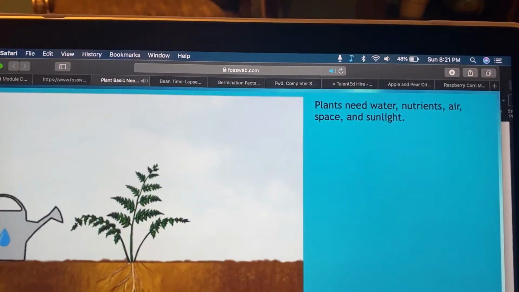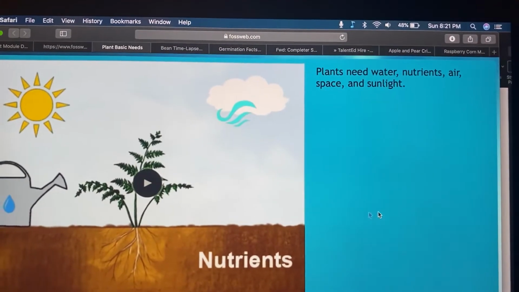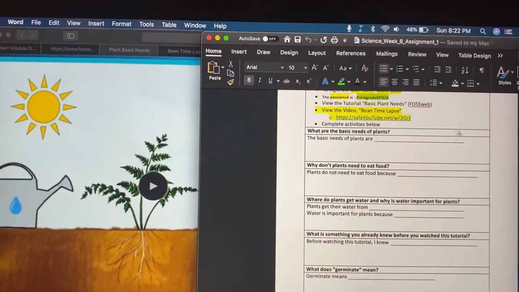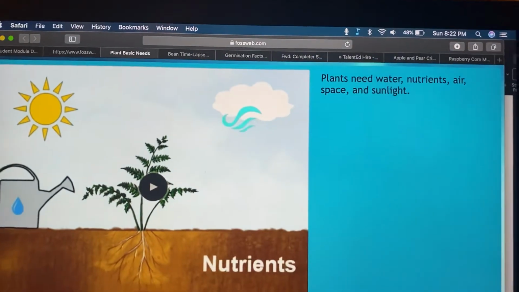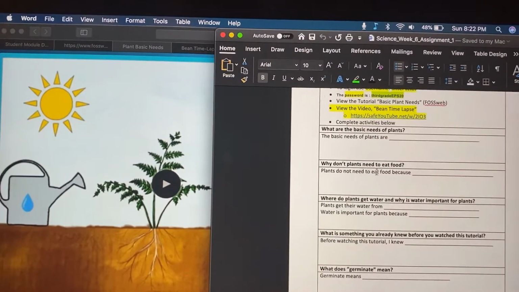Plants need water, nutrients, air, space, and sunlight. So there you got it. You have your first answer. Alrighty? Let's keep going. The next question that we need to look at is, why don't plants need to